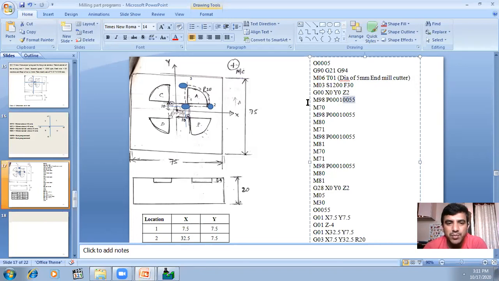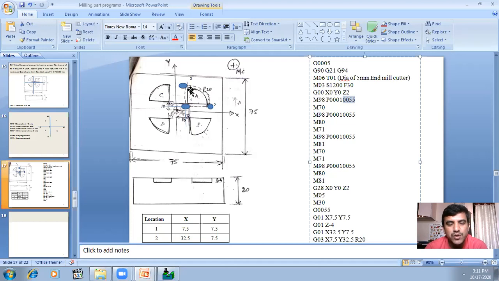So why am I writing the subprogram here? I'm writing the coordinates for the first quadrant. For the second, third and fourth quadrants, the coordinates are the same, but only the sign changes. For the second quadrant, only the x sign changes: negative x, positive y. Similarly, for the third quadrant, both x and y signs change, both are negative. In the fourth quadrant, x is positive and y is negative. But whatever the values are for the pattern, for the shape of the contour, they are the same. The coordinates for the shape of the contour are the same.